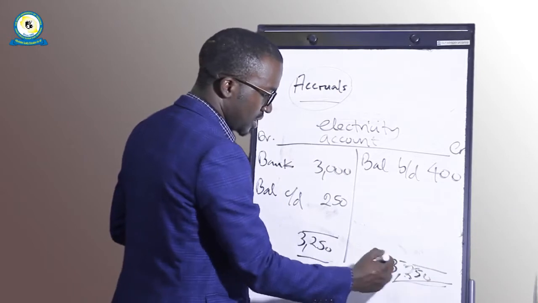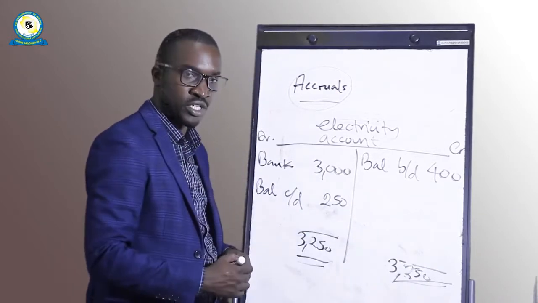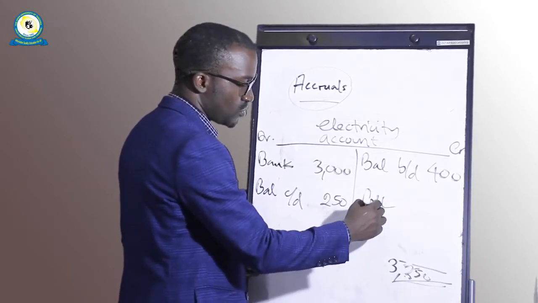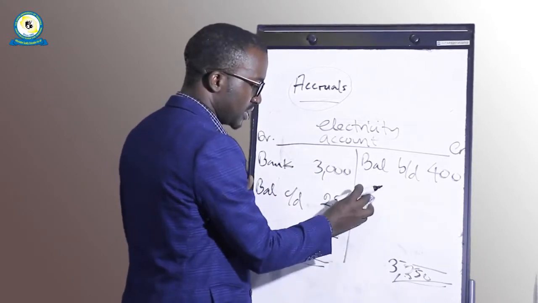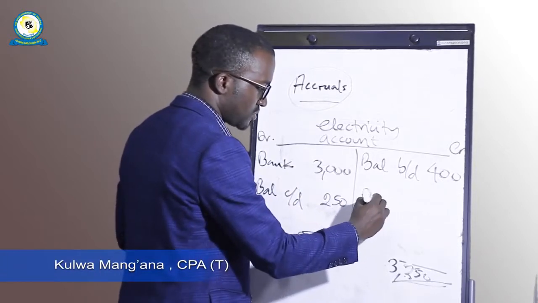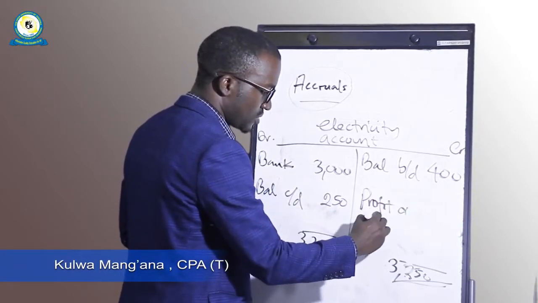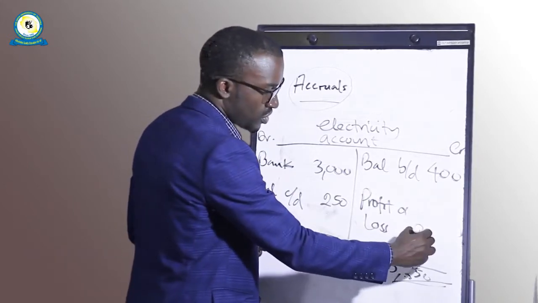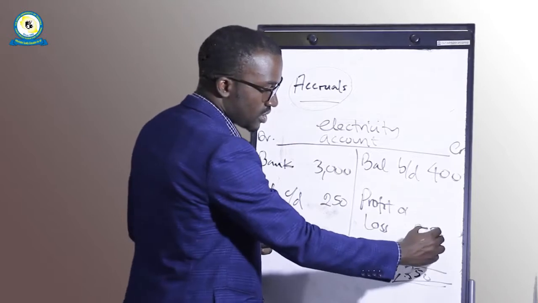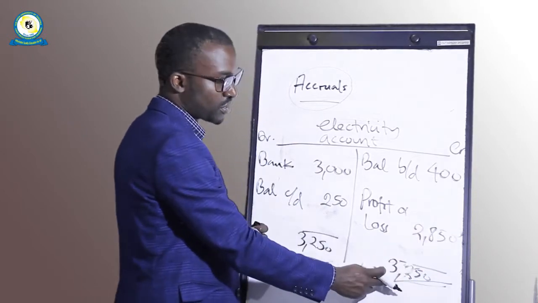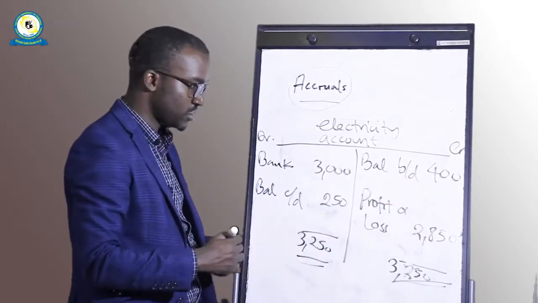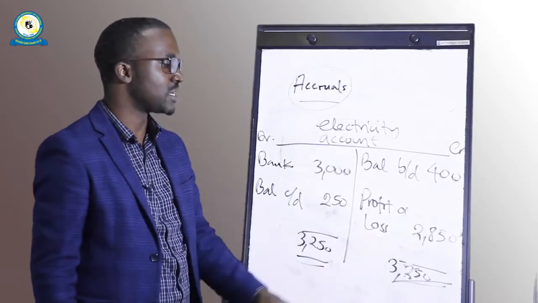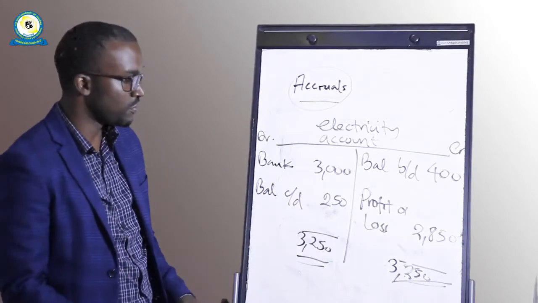So you're going to put it here, and then the next figure, you're going to take it to the profit and loss. P and L is also the income statement. I'm just going to shorten it by saying P and L, or I can even write it here because it is for the first time: profit and loss. So the difference here is going to be how much? It's going to be 2,850. If you take 3,250 minus 400, you get 2,850. So this is the figure that we're going to take. It is an expense during the year for the